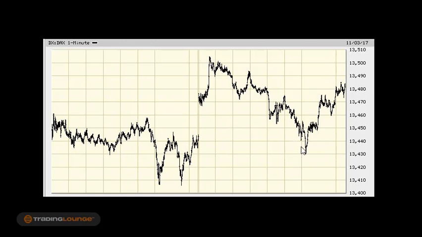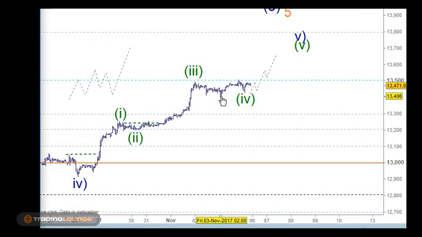So this 5 waves is a little bit puzzling for me because I don't have all of Thursday's move in here, but what I was thinking is that all of this could be the A wave down to here, and then this is 5 waves moving up here. So I'm thinking that this is an A wave, a B wave, and a C wave up here for a larger B wave, and then the C wave here. So I'm thinking an A wave, a B wave, and a C wave here for the wave 4. So I can't rule that out. So that would be the A wave to here, the B wave, and the C wave here. It's possible, but the main point here is